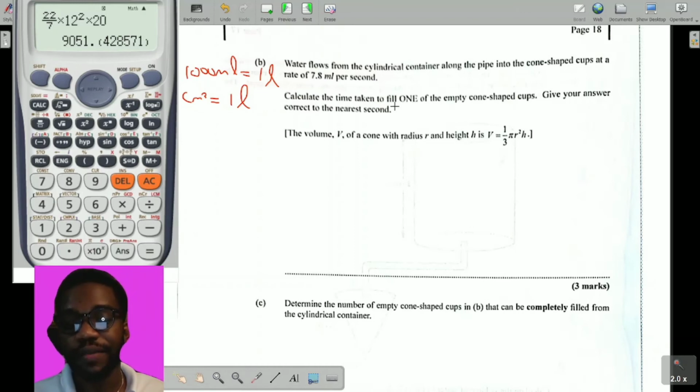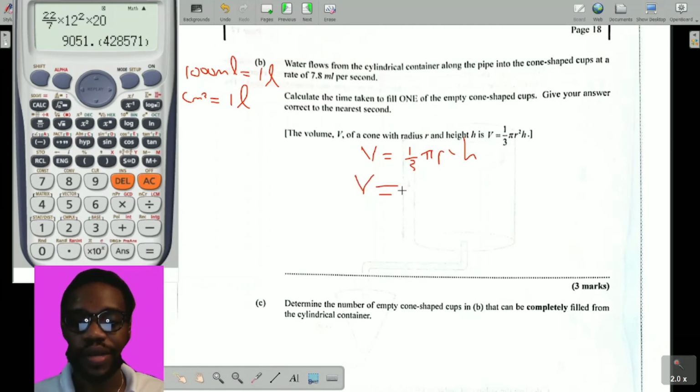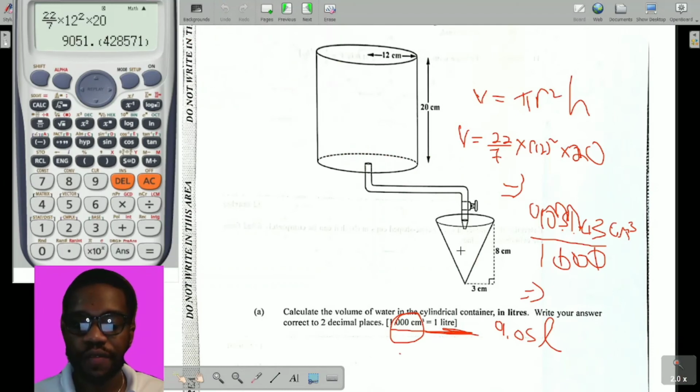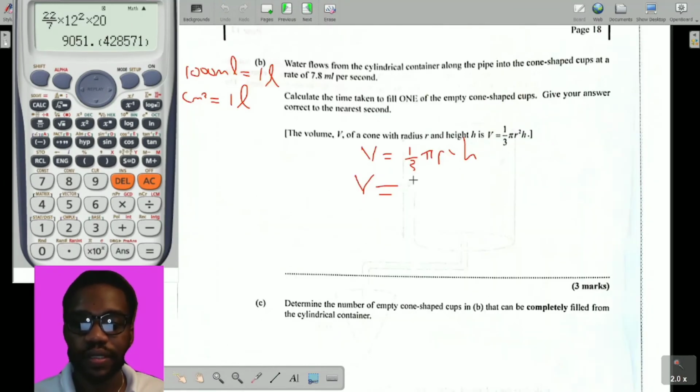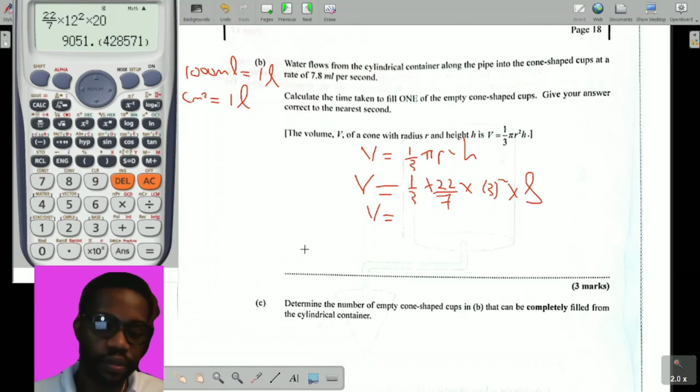If I'm going to calculate the time it takes to fill one, I would need to know how much one holds. So the volume is equal to 1/3 pi r squared height. So let's go back and look at it. The radius of this cone is 3 and the height is 8. Right. So it's going to be 1/3 times 22 over 7 times 3 squared times the height, which is 8. So the volume equals, let's go back now